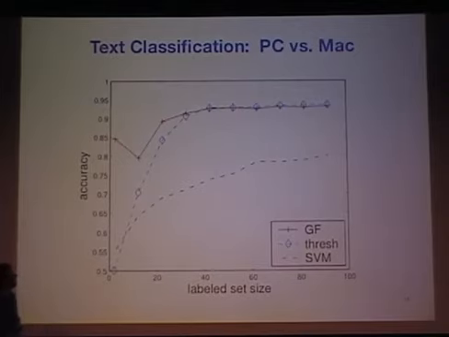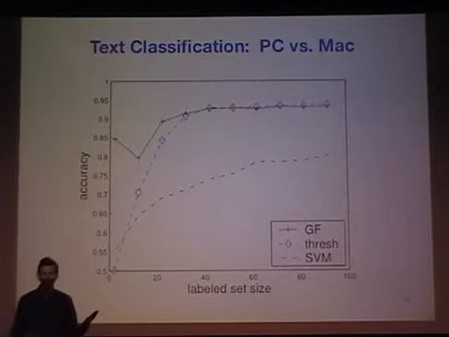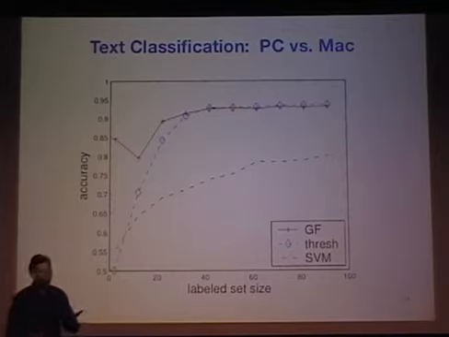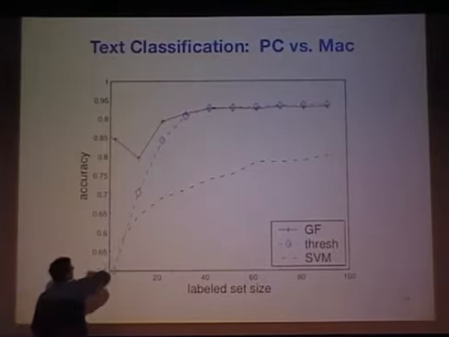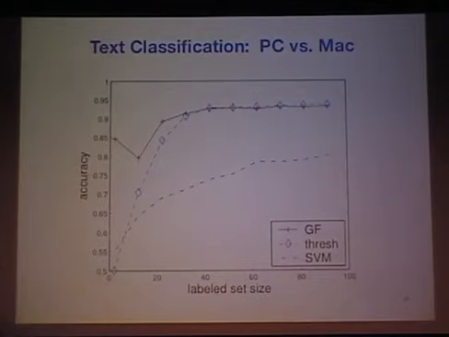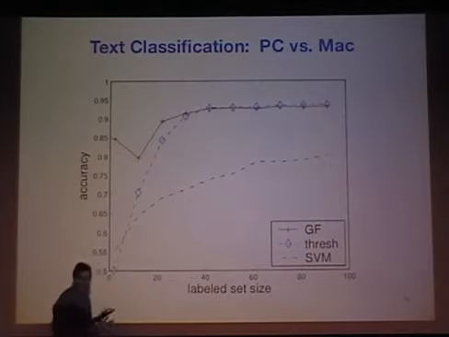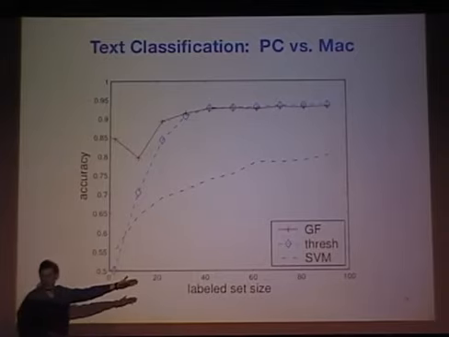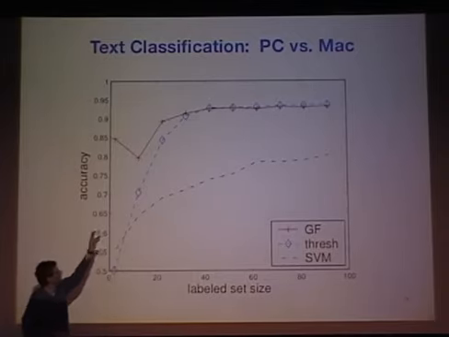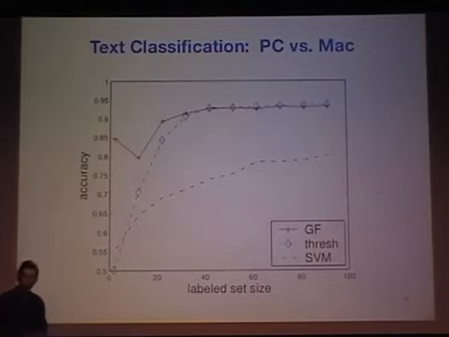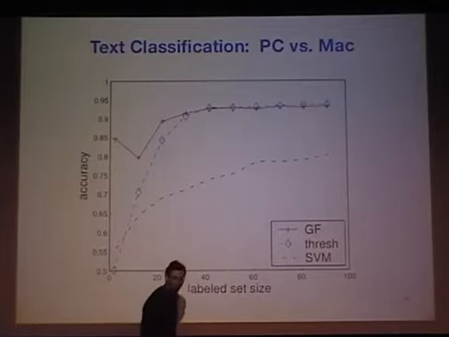And here's a result where we ran this on classifying documents, whether they're from the PC news group or the Mac news group. And this red curve, or the blue one, is using the semi-supervised technique that I just described to you. This dashed curve here is using a support vector machine. So we can see that as a function of the number of labeled examples, we're learning much faster using the semi-supervised technique. But that's easy because you only have to count how many times reboot